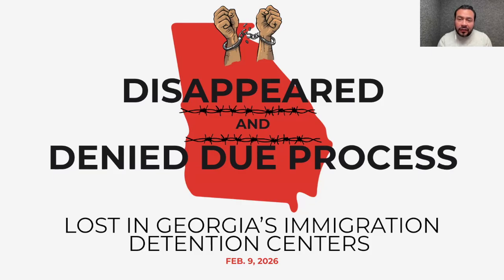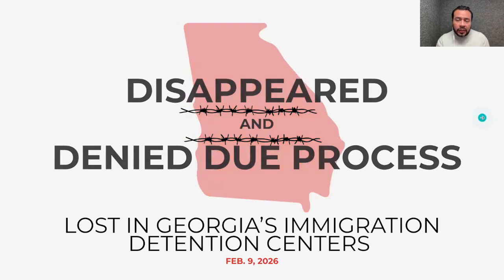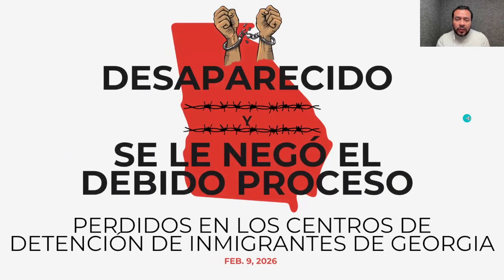This is the second of our series, the making of the detention state. And today the panel we're going to discuss is Disappear, Deny, Due Process. So this is the conversation for tonight. We're also going to have interpretation today, so we're going to give the opportunity to our interpreters to give the announcement, and everyone who is bilingual hopefully will also be able to access this feature.